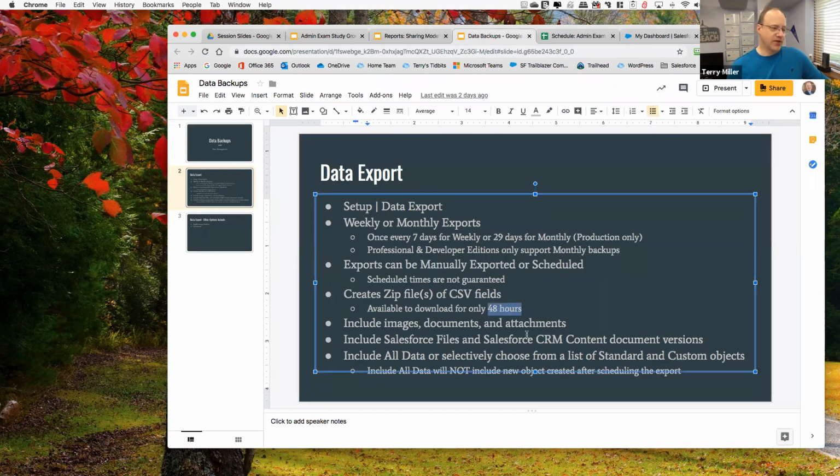Again, remember, they're only there for 48 hours. So you do have to get them downloaded. Otherwise, Salesforce will remove those zip files that they created. You can include images, documents, and attachments. And to do that,